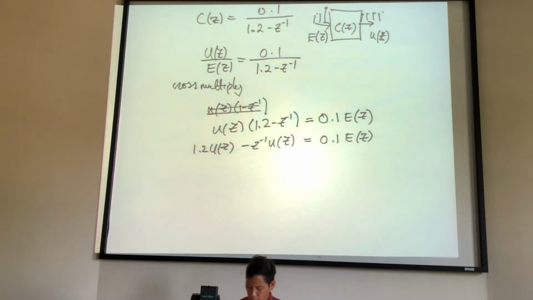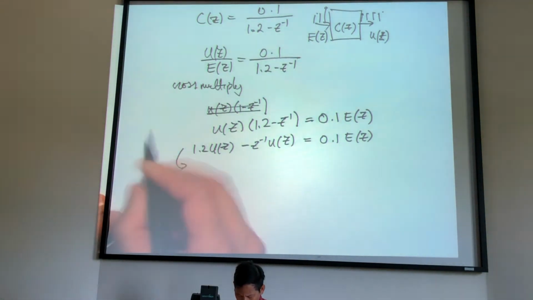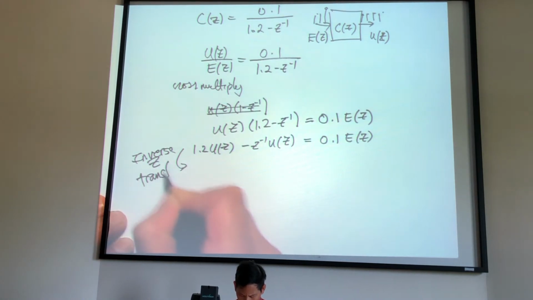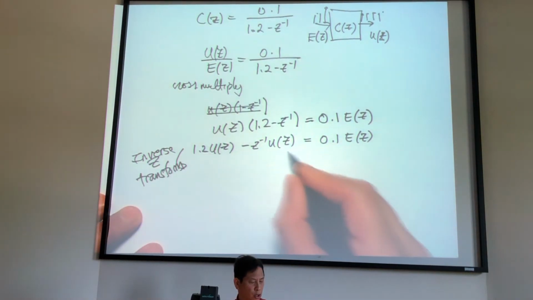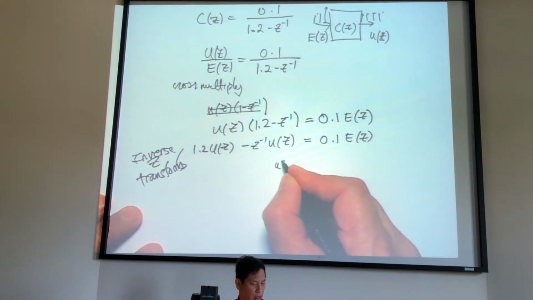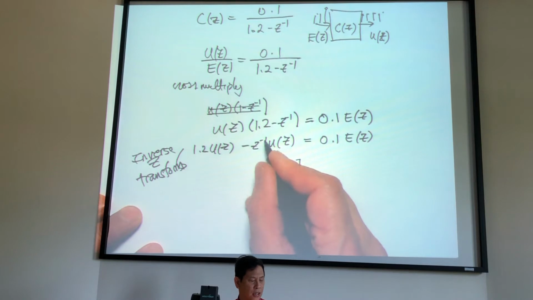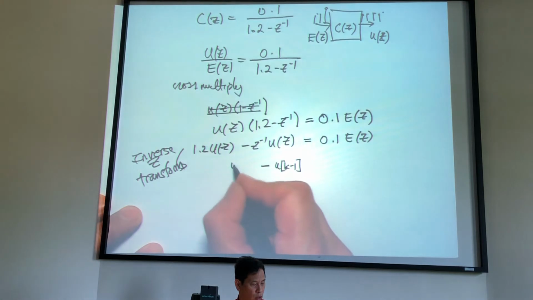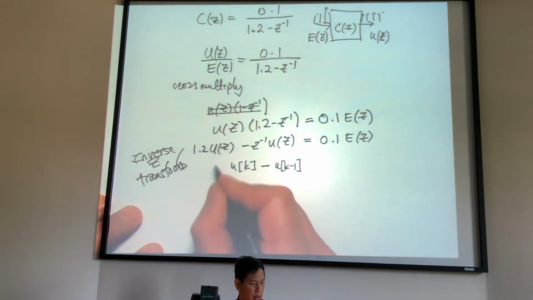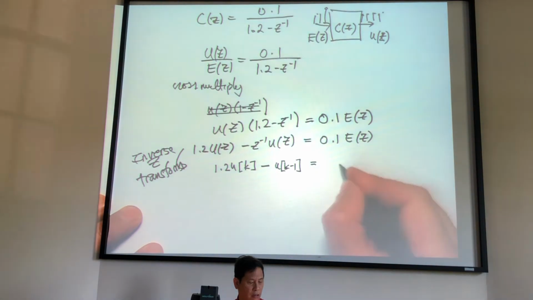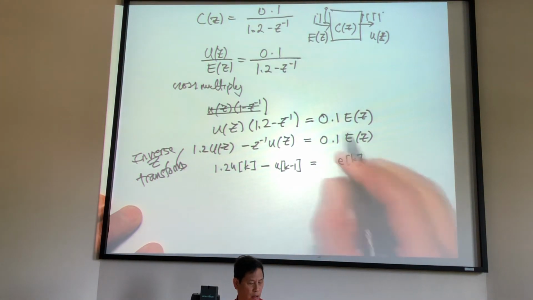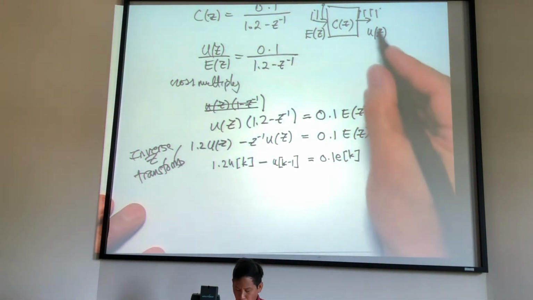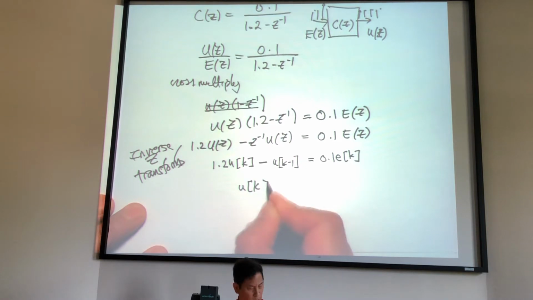I want to get back to time. And so what I do now is an inverse Z transform. I go back to time. U of Z becomes U of k. But when I multiply by z to the minus 1, this is k minus 1. U of z becomes U of k in time, but I scale it by 1.2. And over here, E of z becomes E of k, samples. So what that says is that my output here, I could say, is U of k is equal to